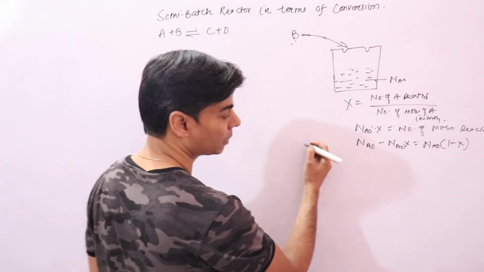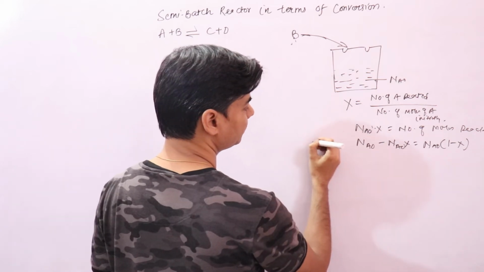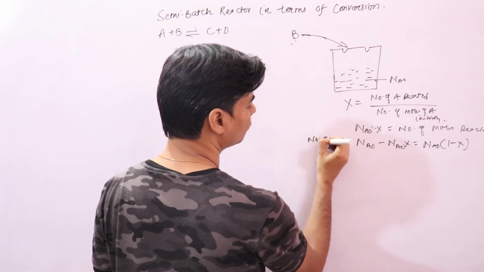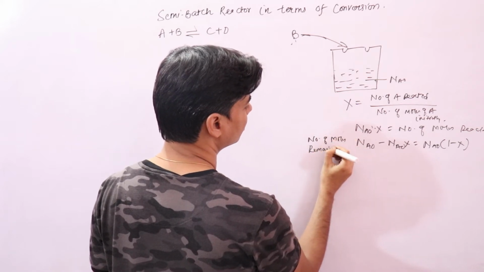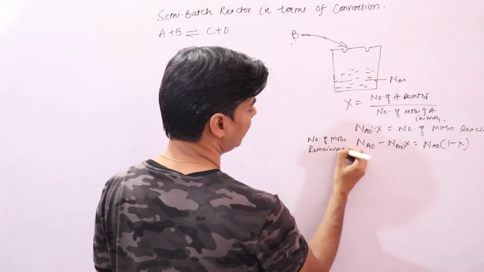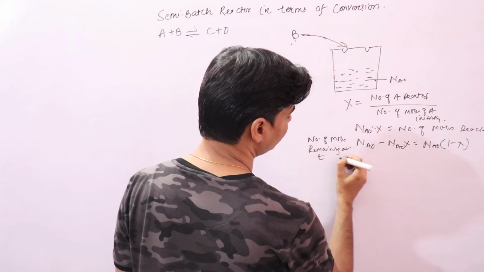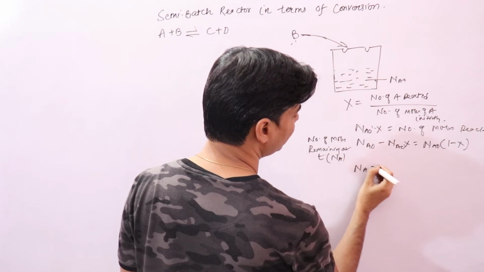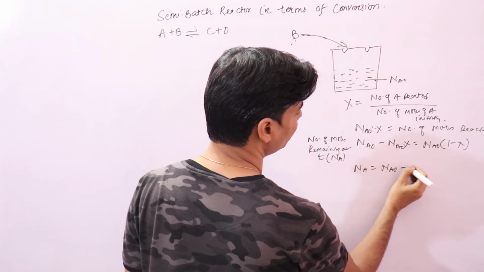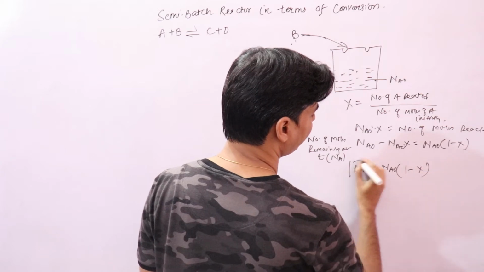This is your number of moles of A remaining, initially taken minus reacted, at any time t, right? So Na would be equal to Na0 (1 minus X),